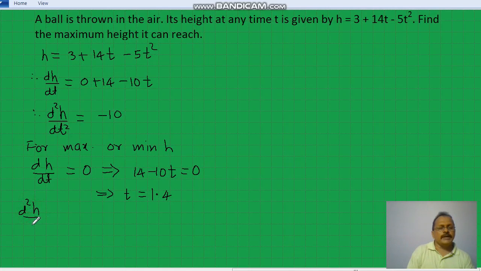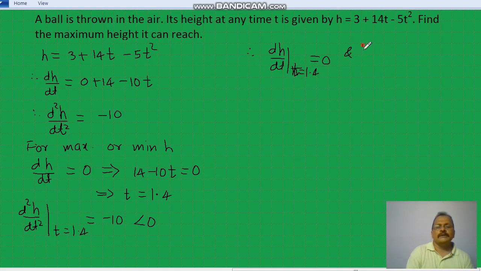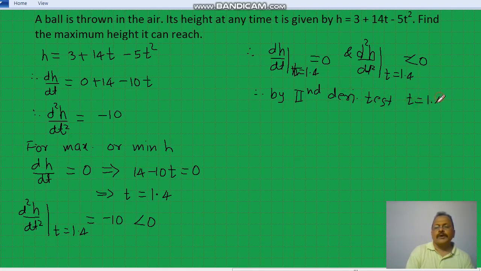Now d2h by dt square at t equal to 1.4 is minus 10, which is negative, and therefore dh by dt at t equal to 1.4 is 0, and d2h by dt square at t equal to 1.4 is negative, and therefore by second derivative test t equal to 1.4 is maxima for h,